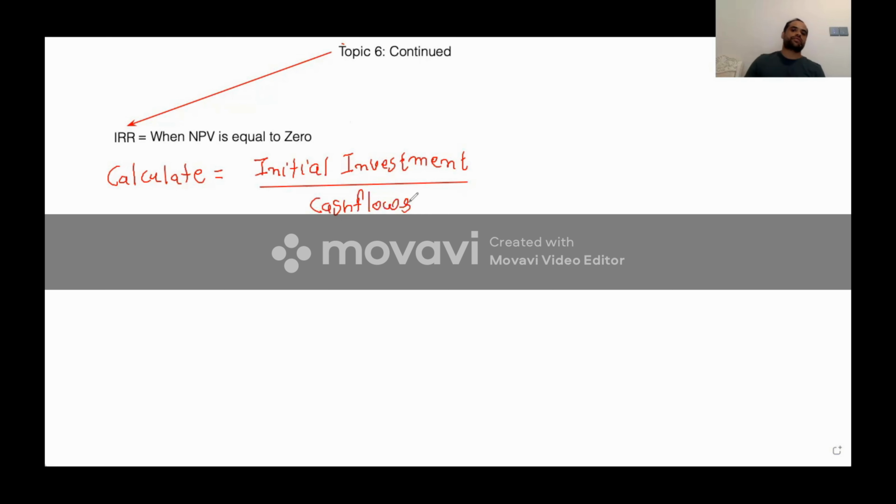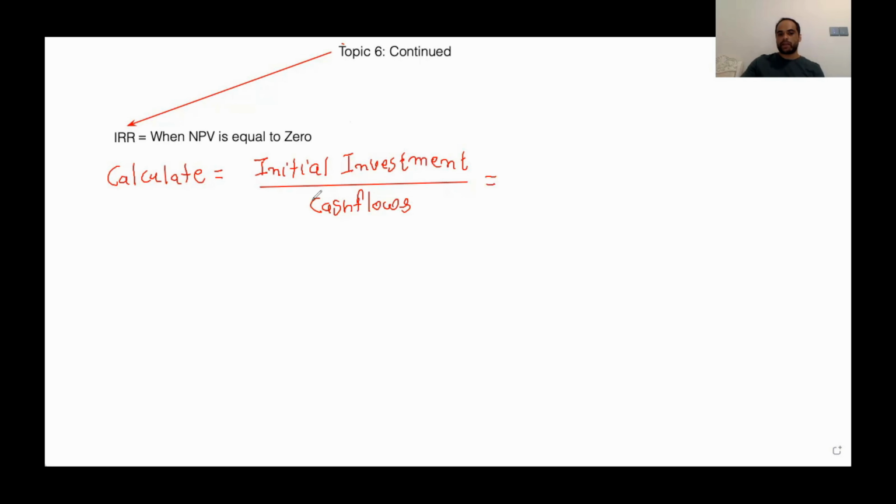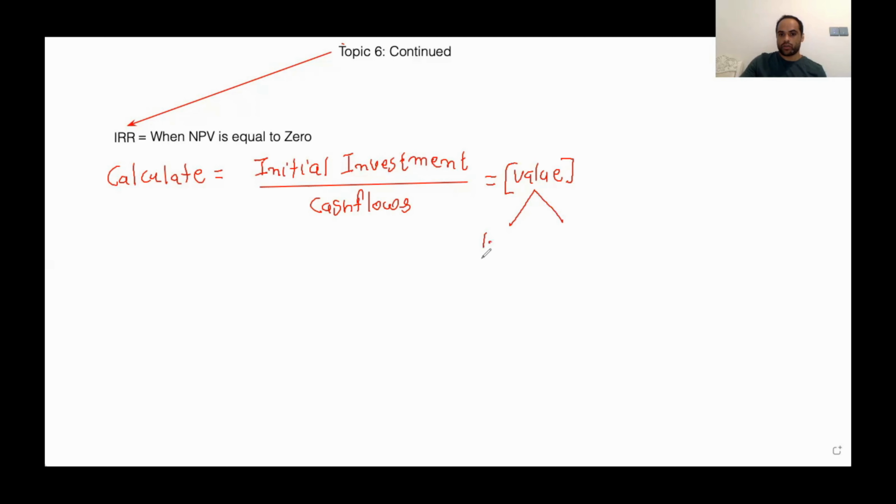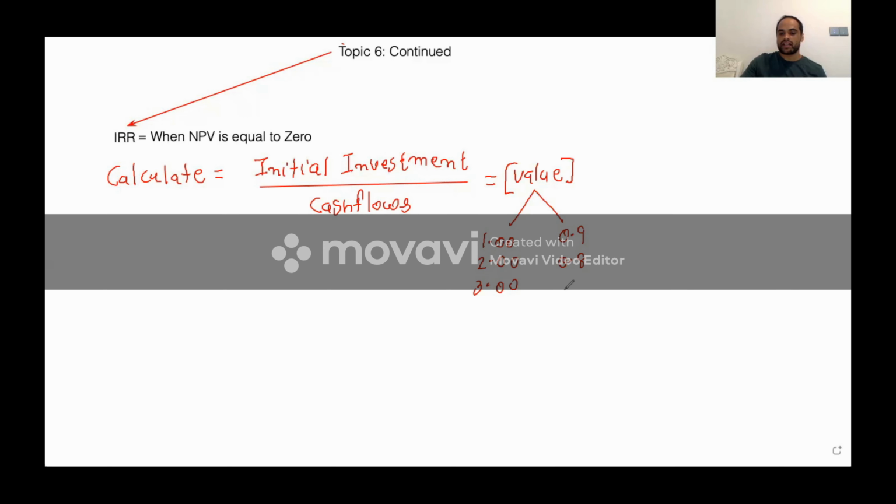Divided by cash flows. So when you divide initial investment by cash flows, you will get the value. All right. That value is not your answer. Now, using these values, for example, if these values start from 1 point or 2 point or 3 point, all right? If these values are 1 point, 2 point, or 3 point, or this value is 0.9 something, 0.8,